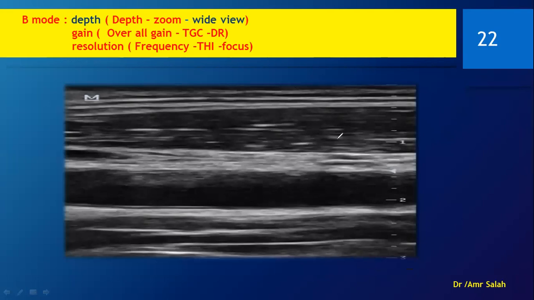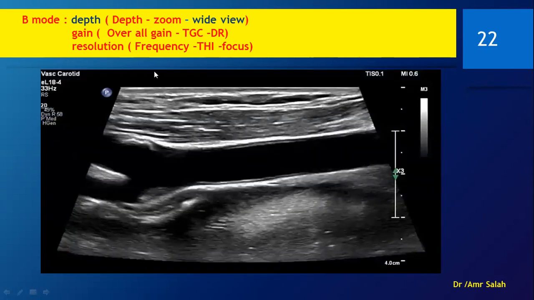Now this picture, is it a normal superficial linear probe picture of the carotid, or have we used the wide view here? Look at the edges. These are straight and vertical. So this is the normal rectangular picture. What will happen when we activate the wide view? Voila. This is what will happen.